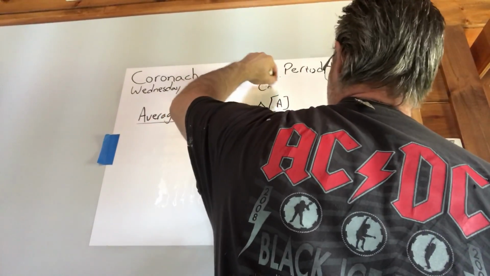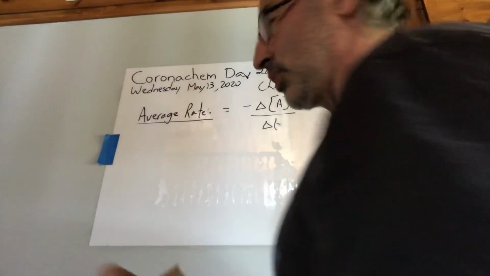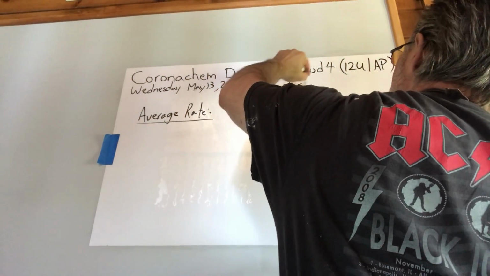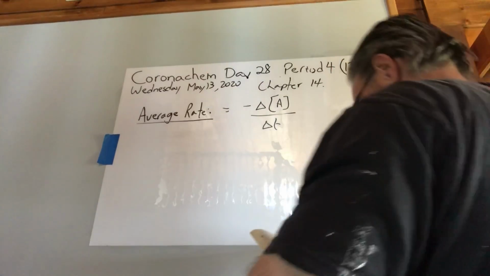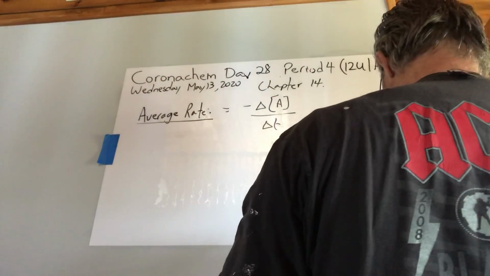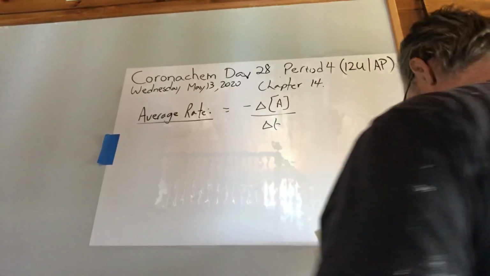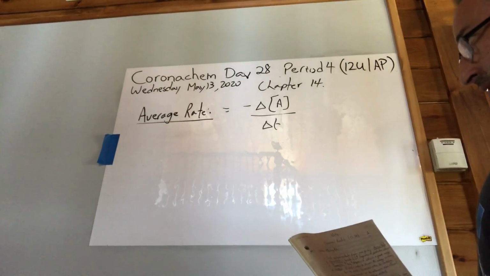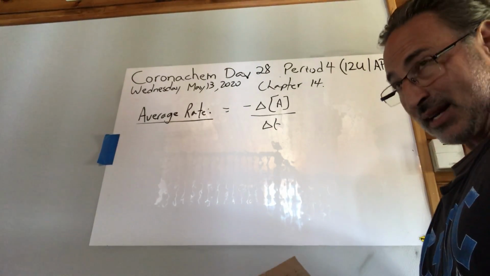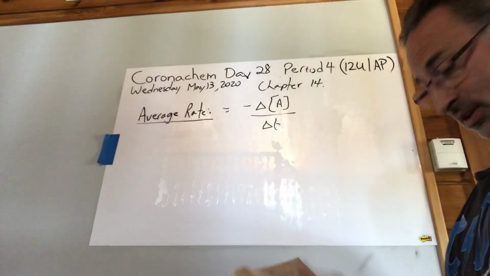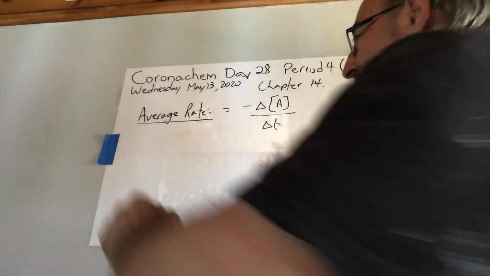Oh, by the way, this is all chapter 14. A negative sign is used because it's showing the disappearance of a reactant. If you were looking at the appearance of product, then you could use a positive number. The rate is an average